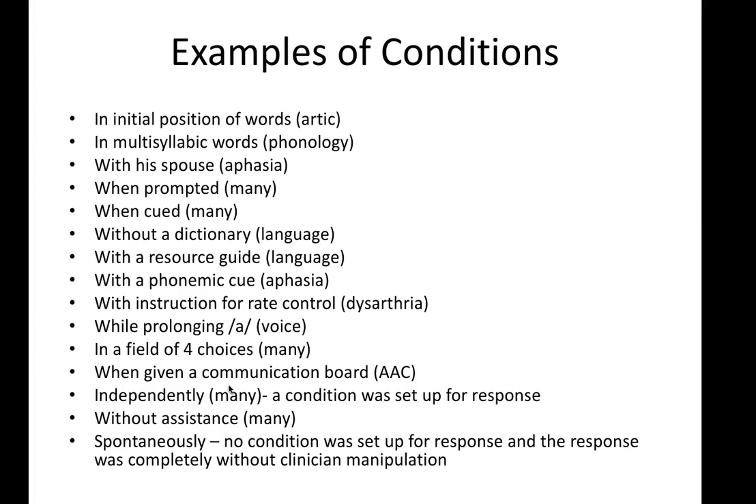So here are some examples of conditions, general conditions in the initial position of words. Very important in our TIC that you identify where the sound will be produced. In multisyllabic words, with his spouse, when prompted, when cued, without a dictionary, with a resource guide, with a phonemic cue, with instruction for rate control, while prolonging an ah, in a field of 4 choices, when given a communication board, independently, right? Just telling everybody that they're going to do this without any supports, without assistance, again, no supports,